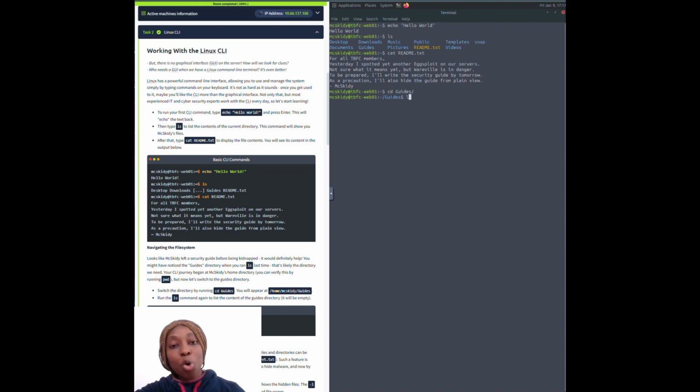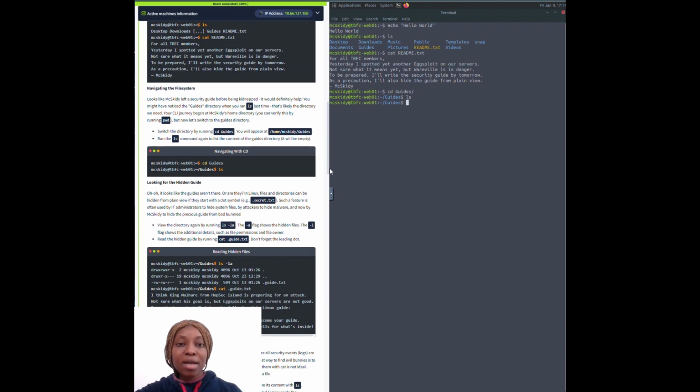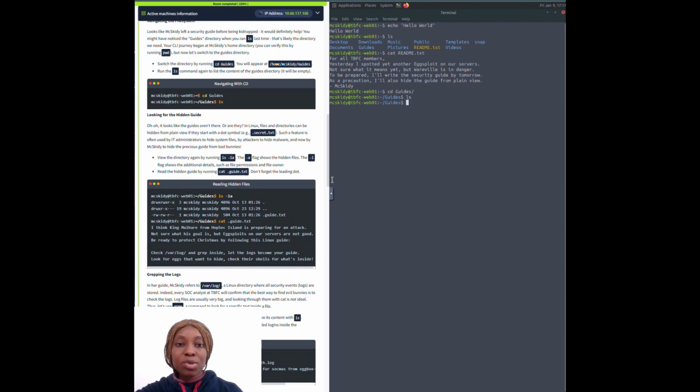Now we need to go into a directory, and the way to do that is cd. So we cd into guides, and we also want to view the files in there. As we can see, there are no files within the guides directory. Now what we want to do next is to view hidden files. The command for viewing hidden files is ls -la, and here we can now see hidden files